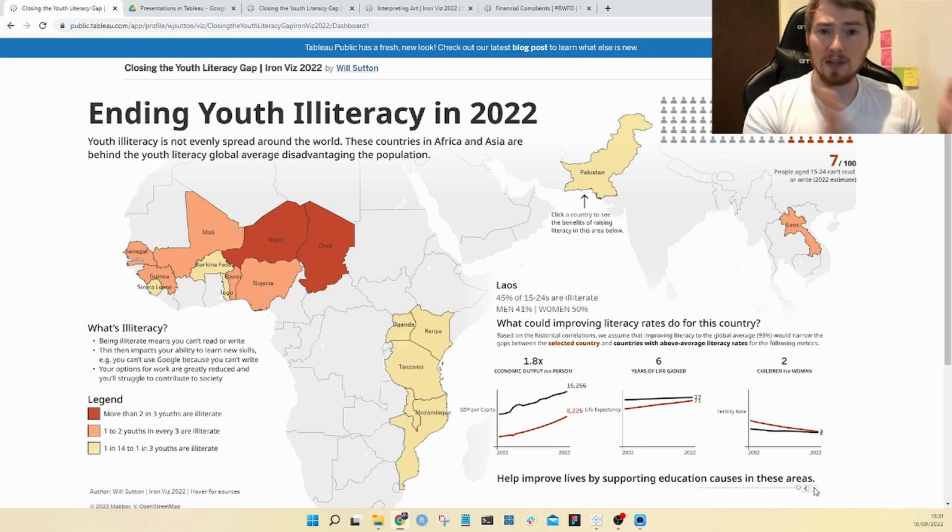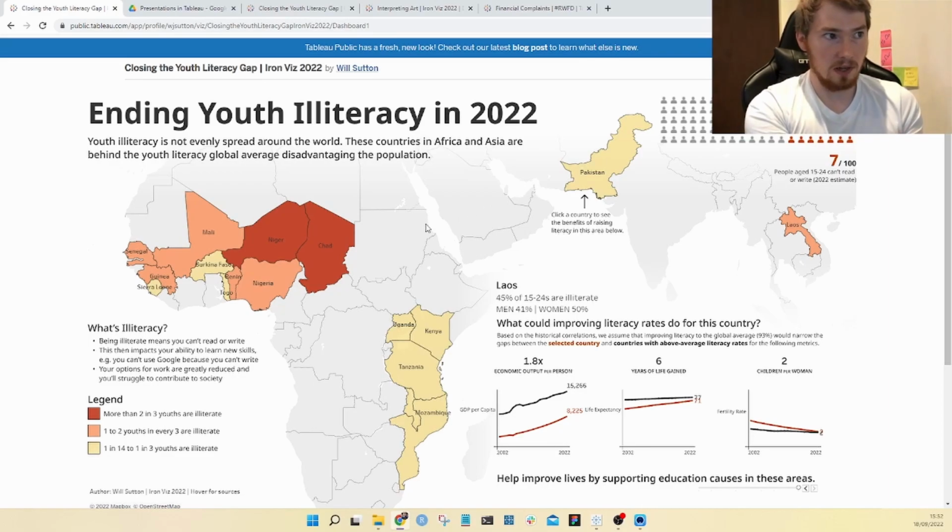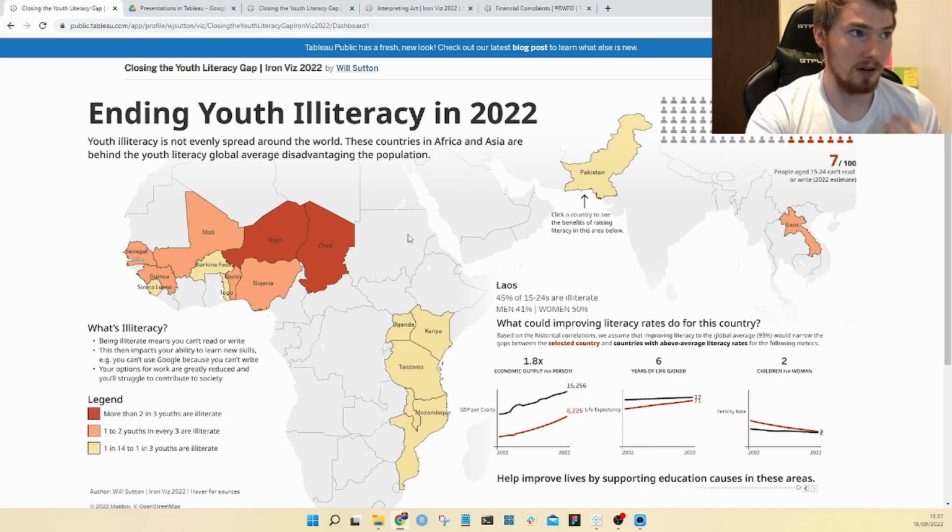So you can think of everything else before as a little introduction. This is the main piece of analysis I put together to show, if we were going to go out there and solve literacy, or find the places where we can bring the global average up even further, what countries should we be targeting. There's a simple map put together that just focuses on those countries that are the worst affected, so parts of Africa and little parts of Asia. We use a colour legend here to show you the worst affected areas, picking up on the illiteracy colour that we had at the start, that deep orange colour.